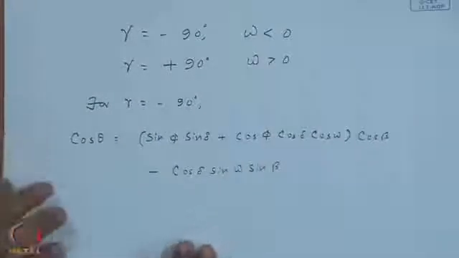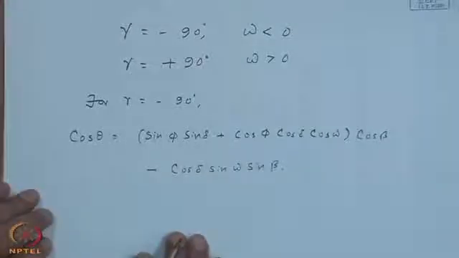So, the third mode of tracking is around a horizontal north-south axis, the aperture plane being rotated from east to west, and we realized that the azimuthal angle is either minus 90 for forenoon and plus 90 for afternoon, and the general equation for the angle of incidence will be in terms of phi, delta and omega of course, and the beta. Now, our job